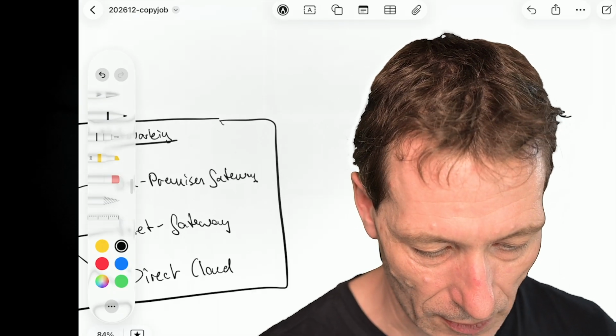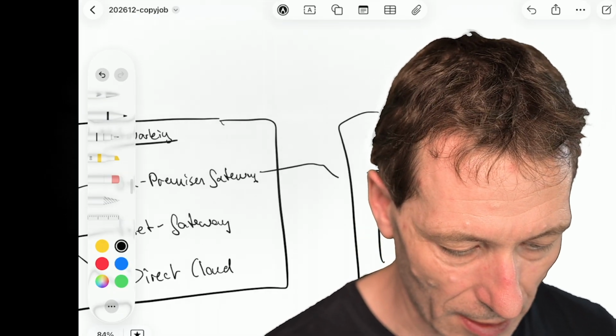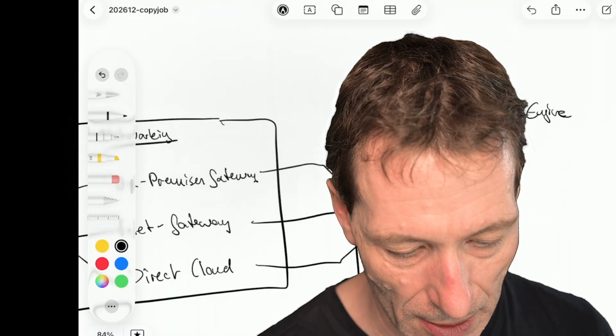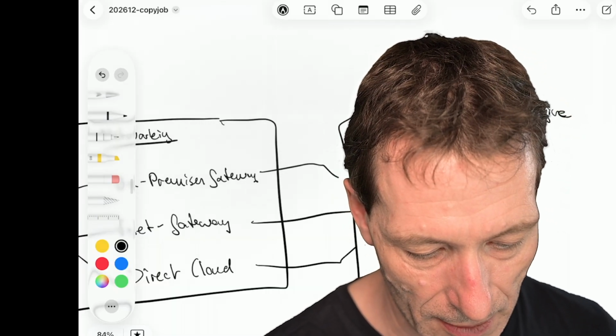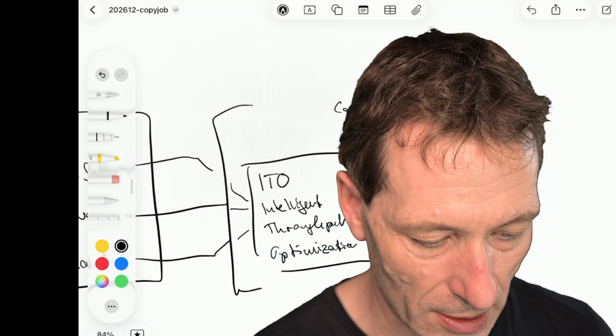This is ITO. This is the first step. So all of these ways, either through gateways or through direct cloud, end up in this ITO, intelligent throughput optimization. Then